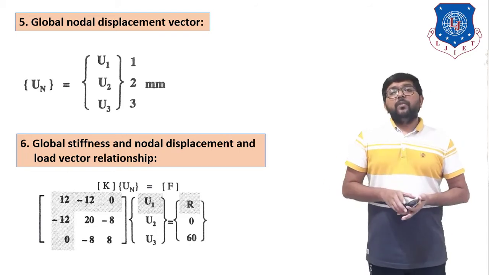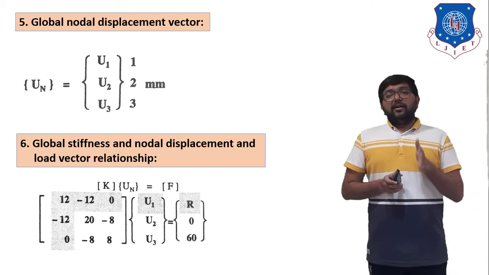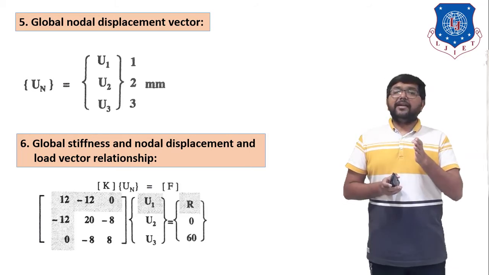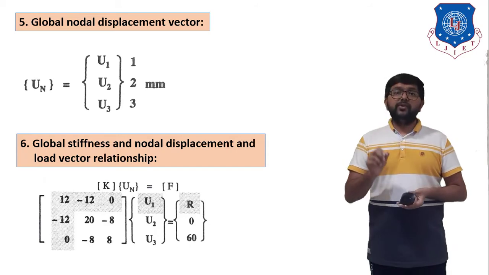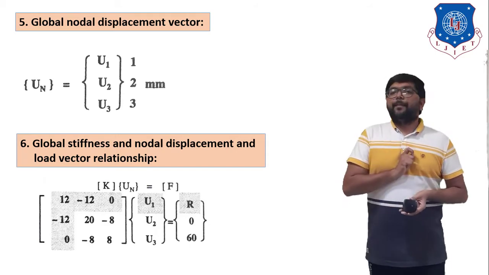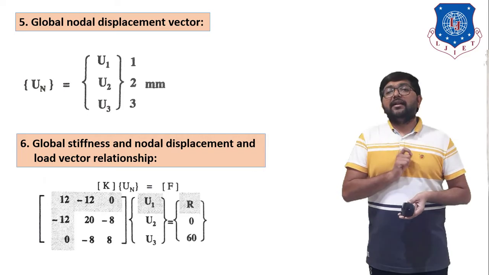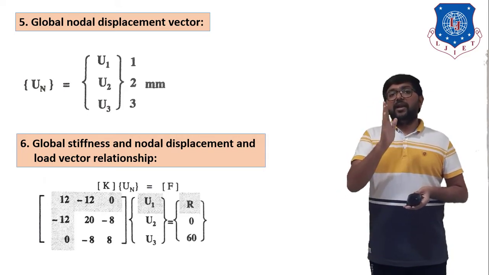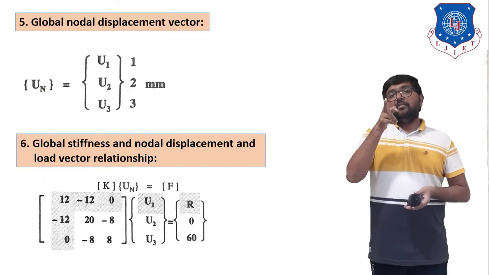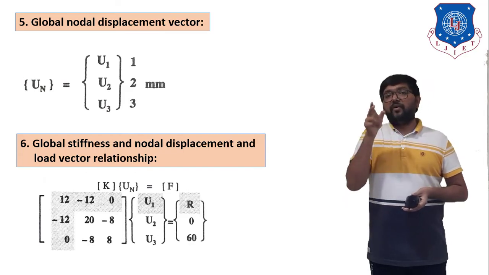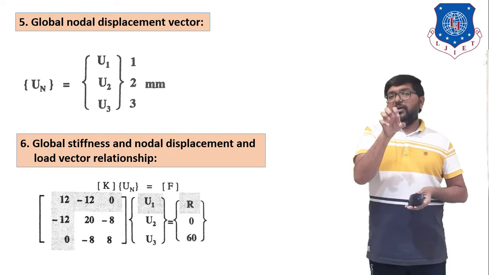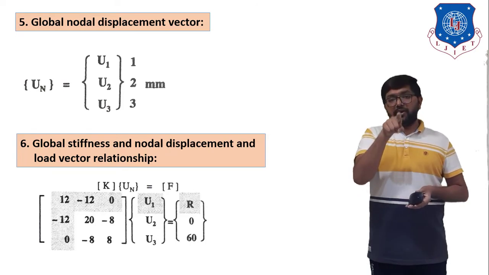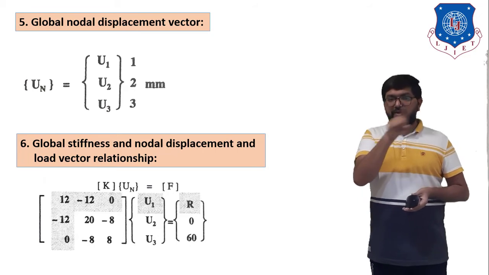Now in this numerical, node 1 is fixed. That means the deflection of node 1 is 0. That's why we have to use the elimination approach over here. The elimination approach indicates that whichever node is fixed, we have to remove that number of row and that number of column from this matrix. So in this numerical node 1 is fixed, that's why we remove the first row and first column from this equation.